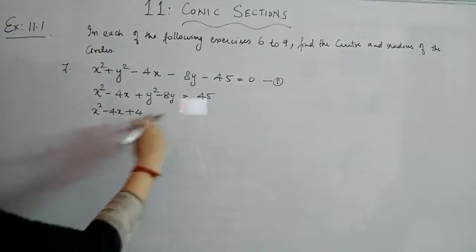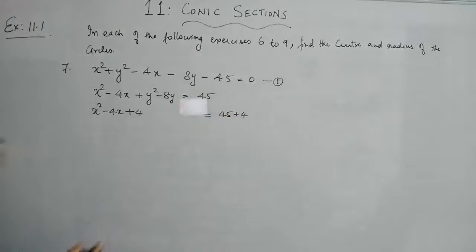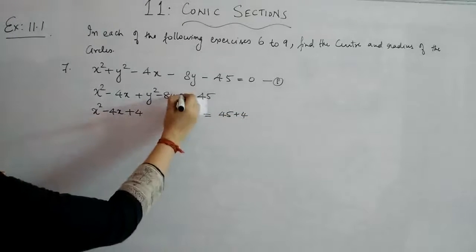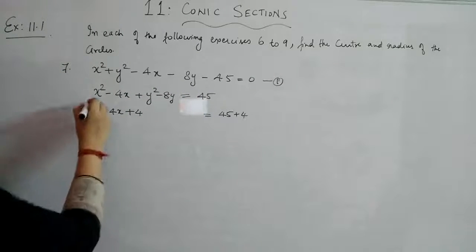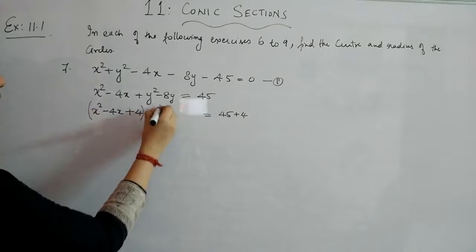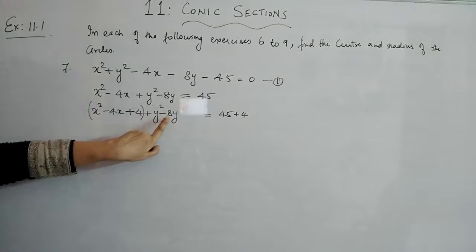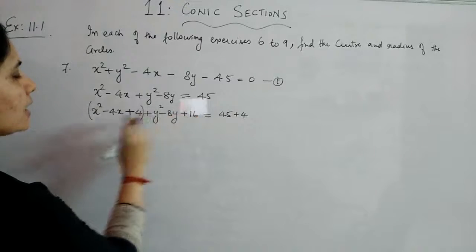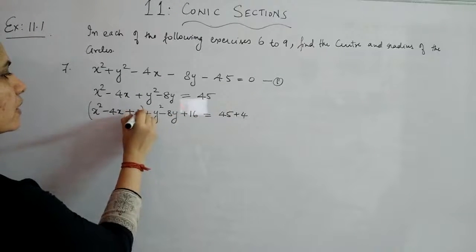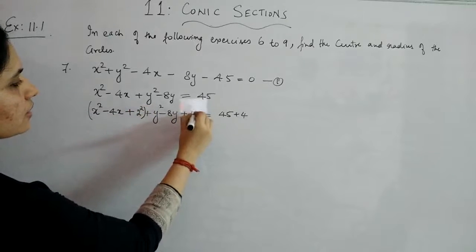When I'm adding here, I have to add the same thing in the right hand side also, in order to make the equation not to be altered. Okay, this is equal to sign, this will be same if you have same quantity to be added on the both sides. Okay, so let it be here. Now y term, again y square minus 8y, the coefficient of y is 8. Take the half of 8, which is 4, and 4 square you have to add both sides. 4 square is 16. Either you can write it as 2 square and 4 square itself, or you can make it as 4 and 16. Okay, I'm just writing here as 4 square.